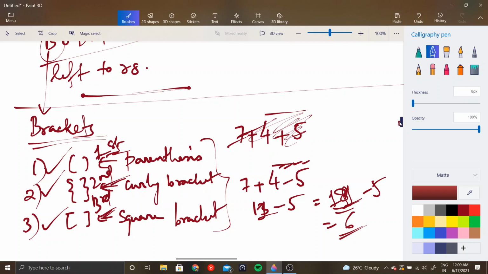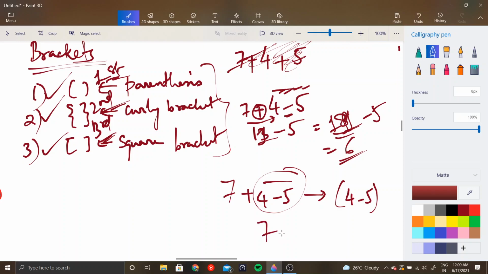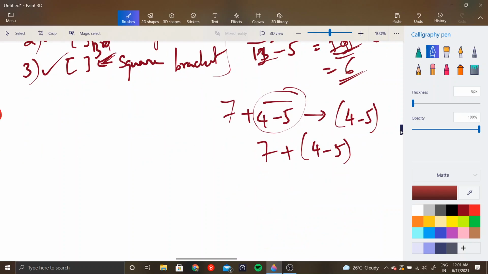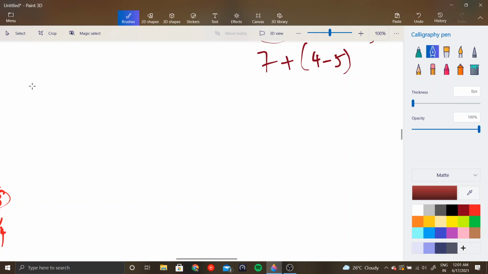Right, correct. But here, you're first doing this computation left to right, obviously, and then you're doing this computation. But many a times we might not need this order, so we will not use a bracket every time. You can specifically write like this. Now this basically means, first do this computation, and then add 7 to this, right? This is called a bar. That's not very important, but just a term, so you need to know.